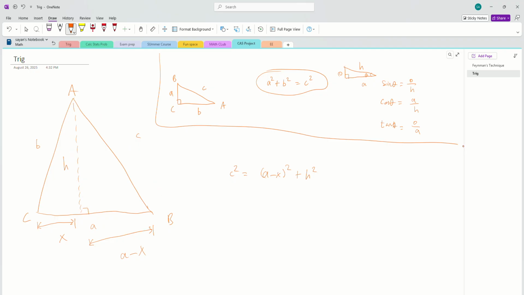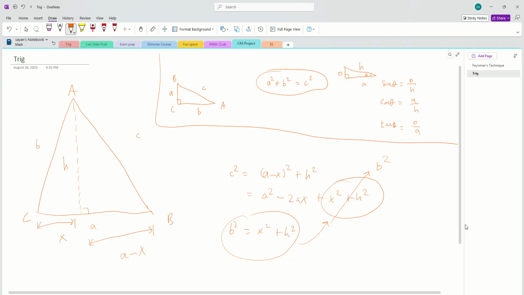Okay, now I'm going to expand this as a squared minus 2ax plus x squared plus h squared. The next thing I'm going to do is use the other triangle to define b squared. So b squared is going to be equal to x squared plus h squared. Again, all I'm using is the Pythagorean theorem here. Watch this. We have x squared plus h squared right here, so we can just replace this with b squared because we figured out that b squared is actually just